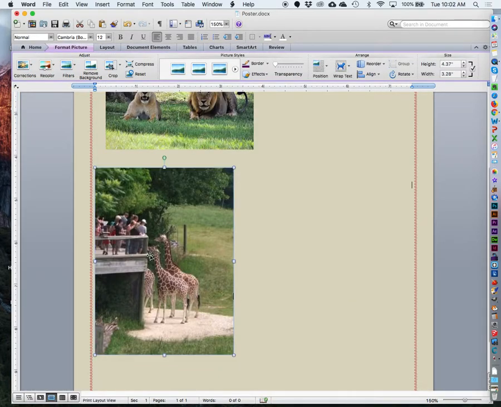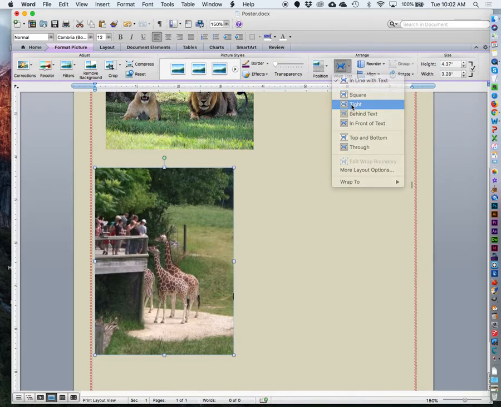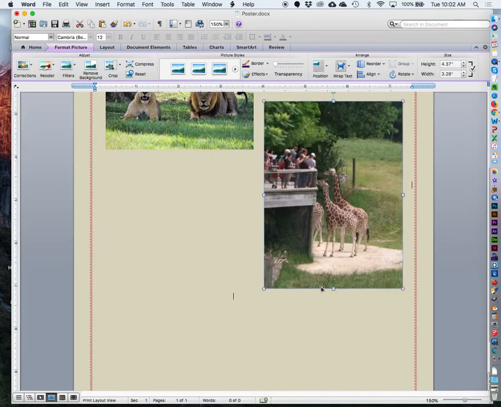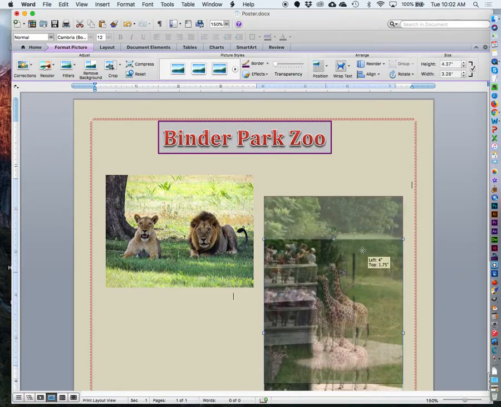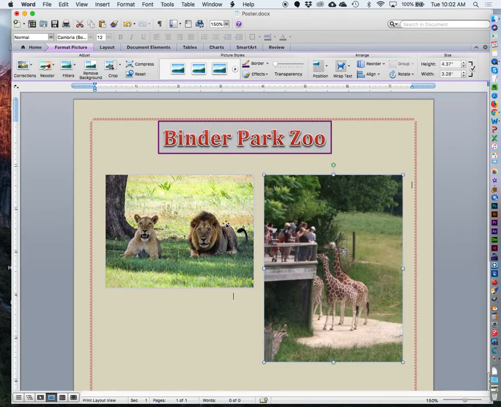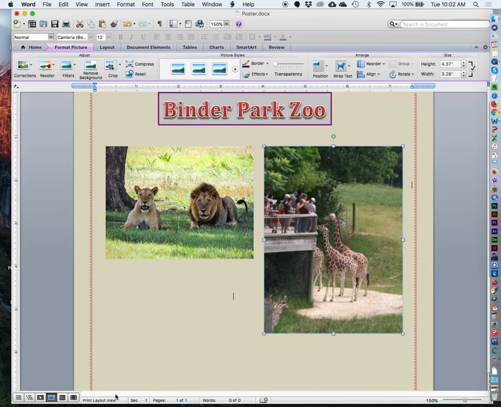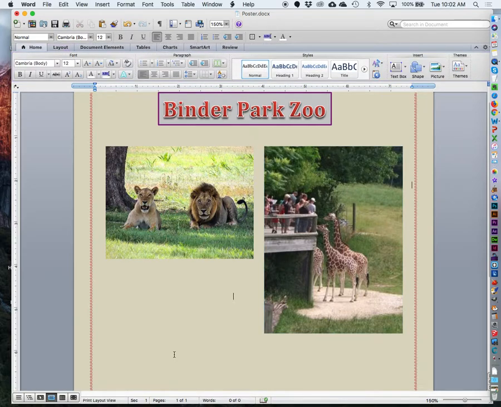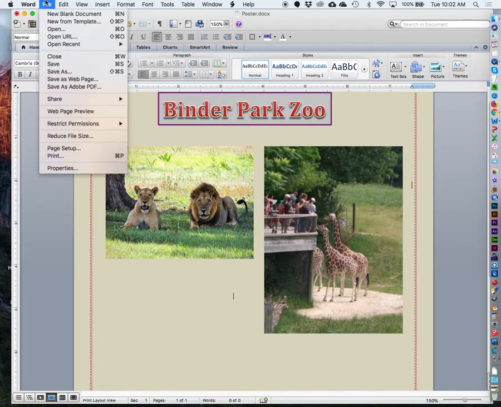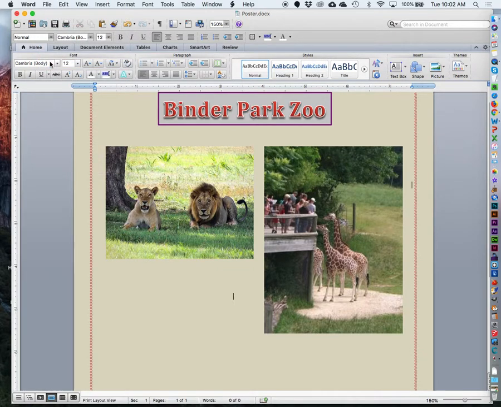That's where my cursor was. I'm going to do that text wrap thing. Go to Tight. Now I can move it wherever I'd like. I'm going to scroll back up here. Line it up with the top of there. Now this is a long, narrow picture. So this is probably going to overlap, you know, some other pictures here. So that's okay. Nothing wrong with that. They all don't have to be the same size and shape. Okay, now I'm going to do a save just to update my save and changes. Okay, this will be the end of the part